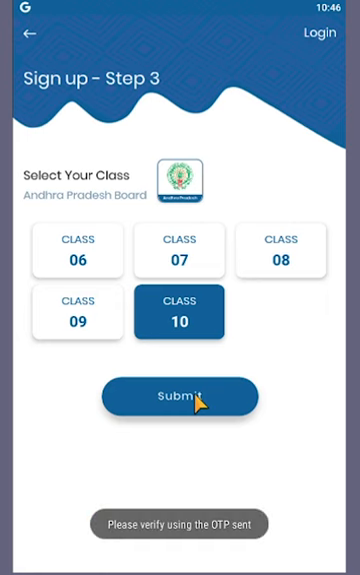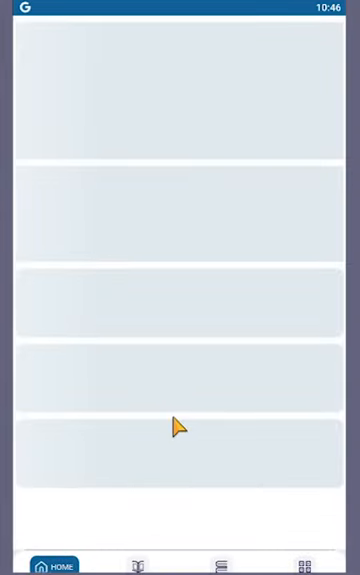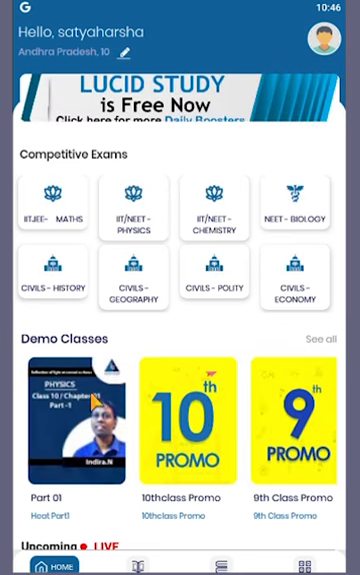Submit tab. As soon as you submit, you will receive a 4-digit verification code on the registered mobile number. Enter the code in the space provided in the pop-up window and submit. With this, you are done with the 3-step signing up process. Once the verification code is verified, you will be directed to the home page with your registered name displayed on